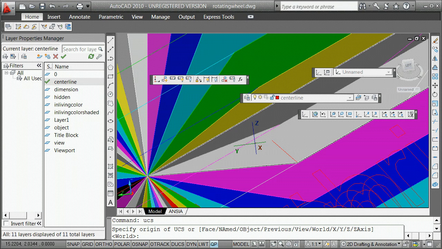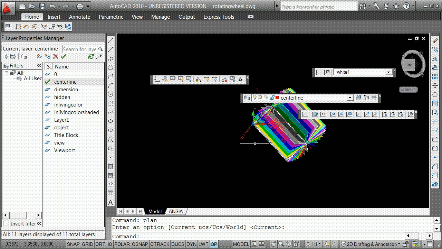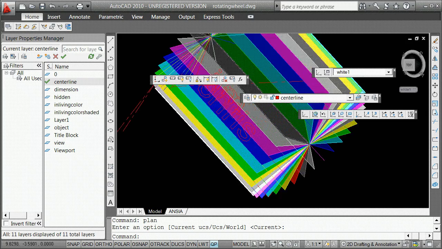I am going to say now UCS, save, and I'm going to call this gray. I'm sorry, white 1. I'm going to replace it. I already had it done. So now I've got it. The last, final, and key thing to do when you're dealing with user coordinate systems, until you really know what's going on, is, once you've made the coordinate system, type in plan. Believe it or not, try this